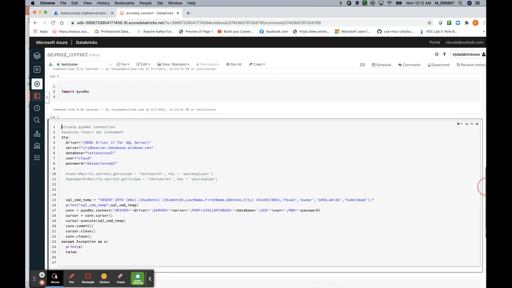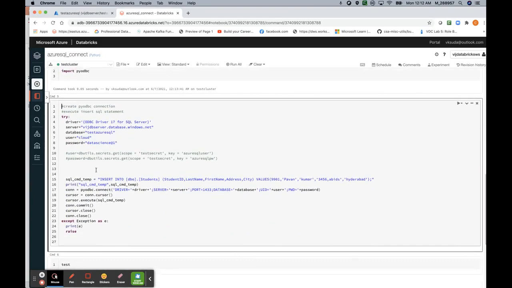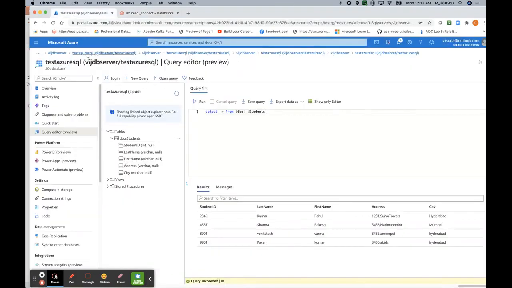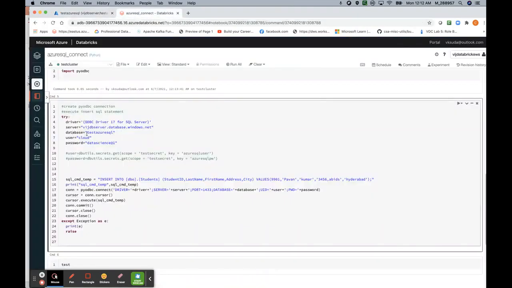In this command, we are connecting to the Azure SQL database using the server credentials. This is ODBC Driver 17, the server name is VizDB server, and the database is test Azure SQL. We are connecting to the same database and server.